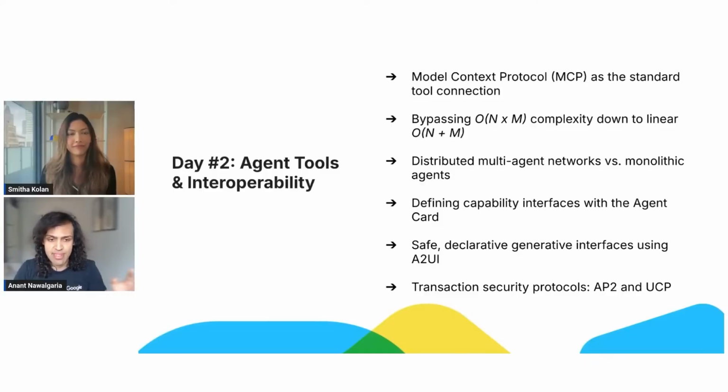So if you have N models and M tools, like the 5 and 10, as Smita mentioned, that leads to O of N times M integrations, which is like 50 in this case, but can easily blow up, as you can imagine. And this is especially important when your coding agents connect to lots of external tools and MCP servers. And then later on in the white paper, we showed how the MCP, or the Model Context Protocol,